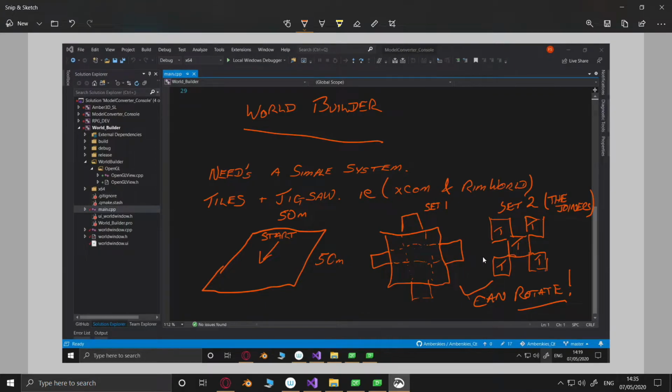And then we'll design possibly a couple more set 1s to go on the other side and increase our map. But every time we do this, we're going to be increasing our map by 1.5 kilometers across. So by the time we get to the second lot of set 1s, we will already have a 3 kilometer by 3 kilometer world.